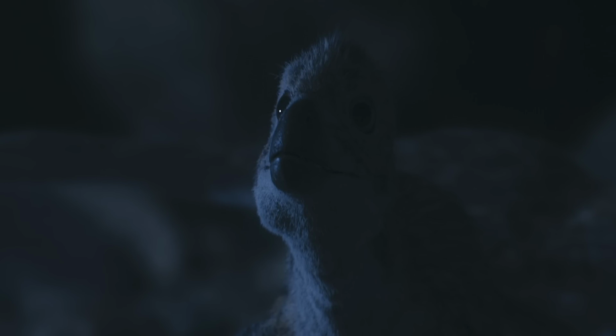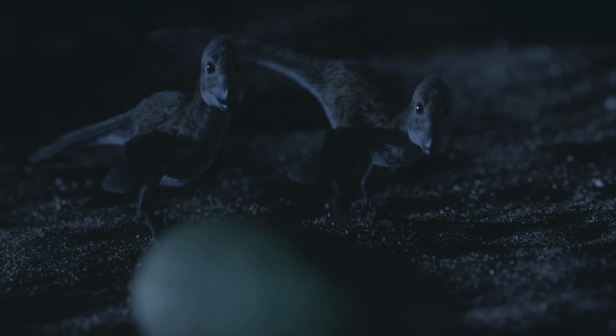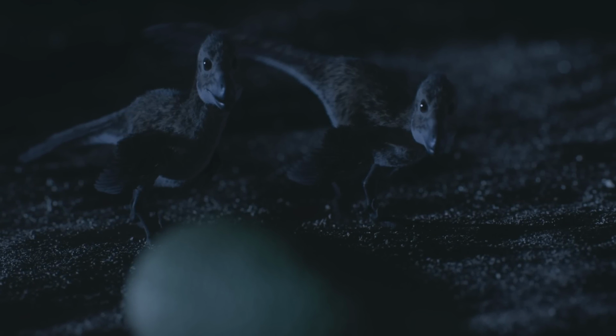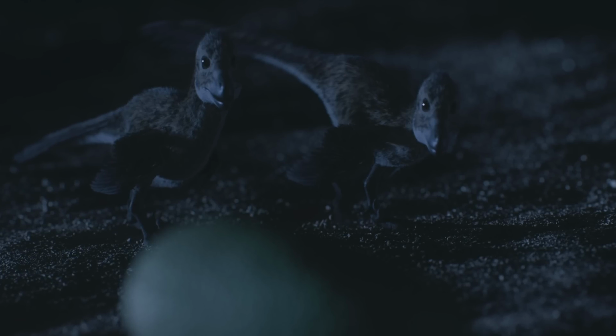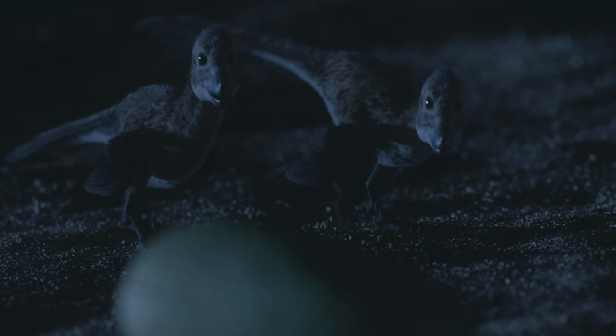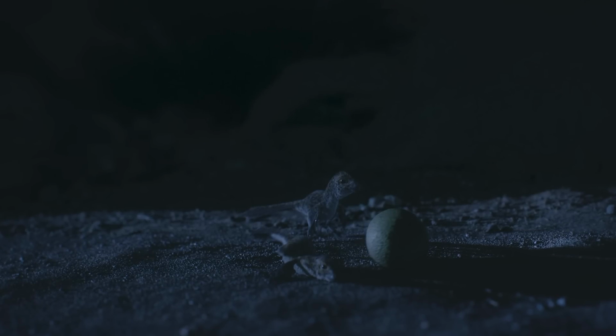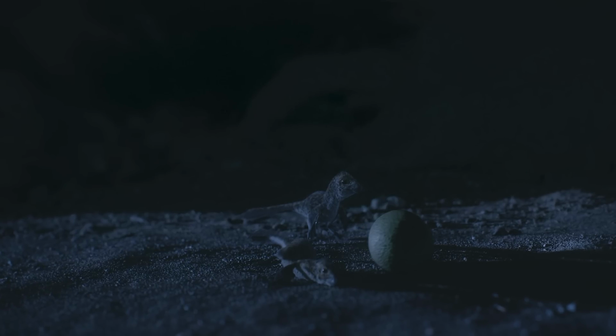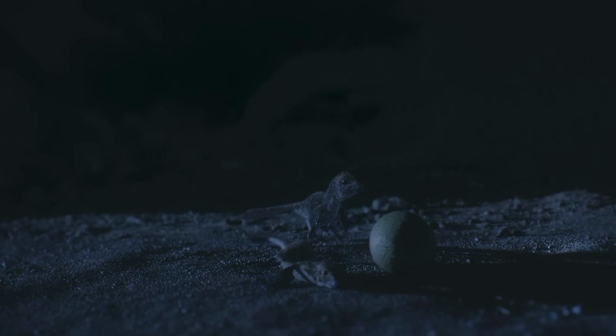The animation here is wonderful as they flop around trying to crack open the egg, again played up as a comedy scene. You really get the impression that these little guys are weightless, just sacks of organs and light bones like a modern bird. If you hold up a baby bird, or even a lot of adult birds today, you can barely feel it in your palm, and these little Korothoraptors sell that same sort of lack of